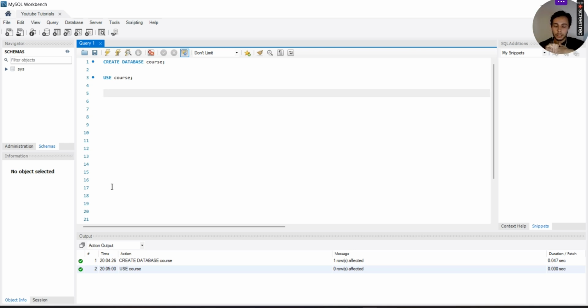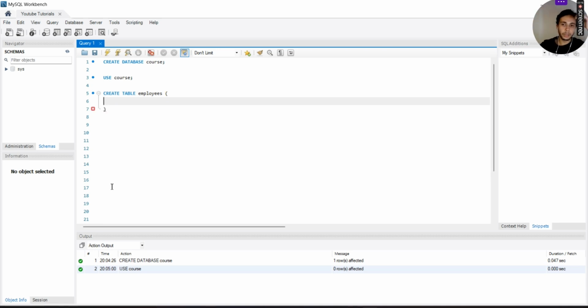The next step is to create a table and also specify the name of the columns of that table. Okay, so how do we create a table? We simply use create table, and you give it the name you want. I'm going to name it employees, for example. And now you open and close parentheses,